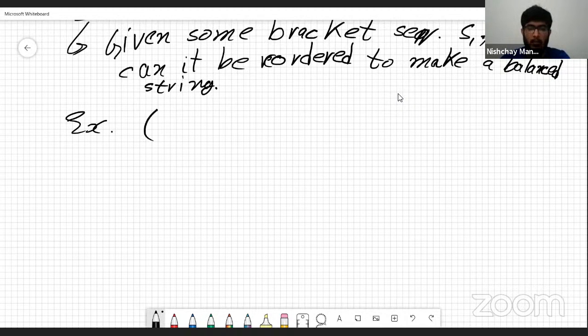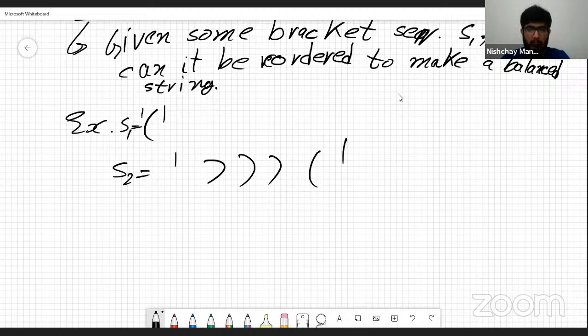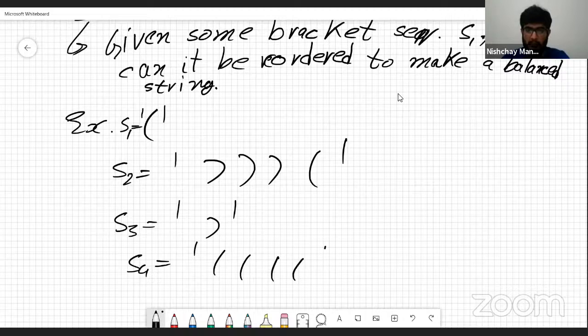we take S1 is equal to this, and then S2 is equal to this, and then S3 is equal to this, S4 is equal to this. So this is a case where we can reorder them to make a balanced string